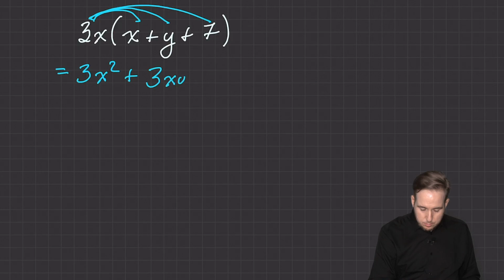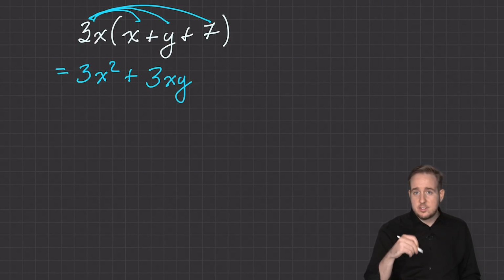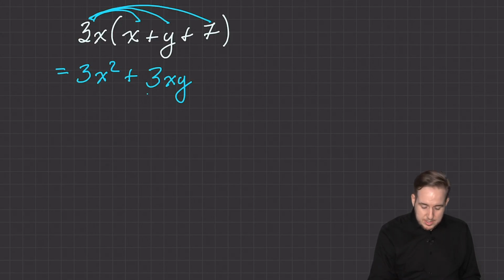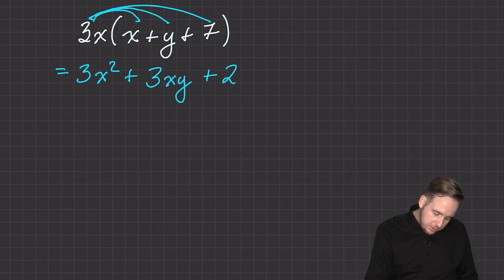There's an x and there's a y. So 3x times y, which is 3 times x times y. When I don't know what the numbers are, multiplication is really easy because the answer to the multiplication question is to write it as a multiplication question. And then 3x times 7, you'll see that is 21x,